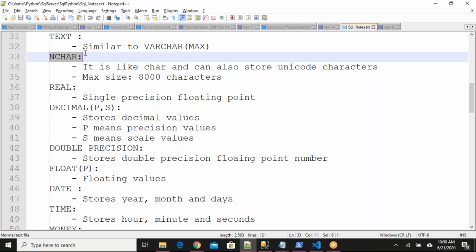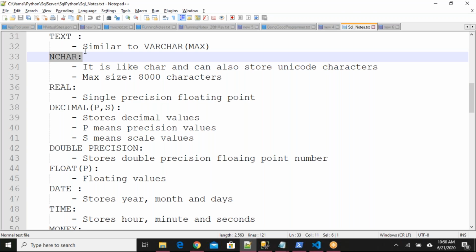They will of course use most of the alphabets from English, but a few characters will be different. If you are using such characters and you declare the column as varchar, it won't allow you. So you have to declare nchar or nvarchar so that it will support those Unicode values also. When you want to deal with other language-specific characters, we go for nvarchar or nchar.